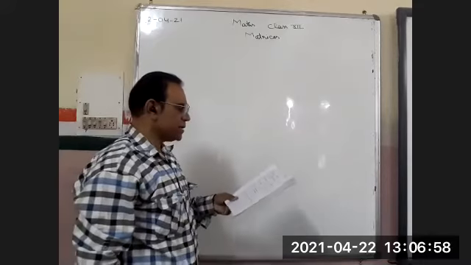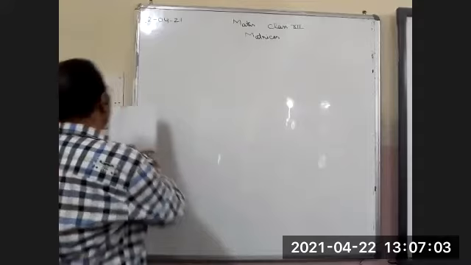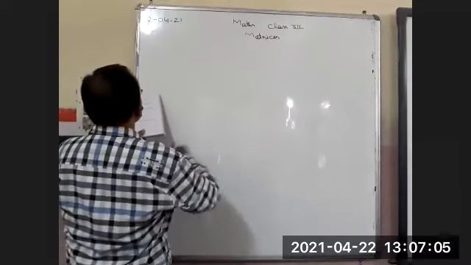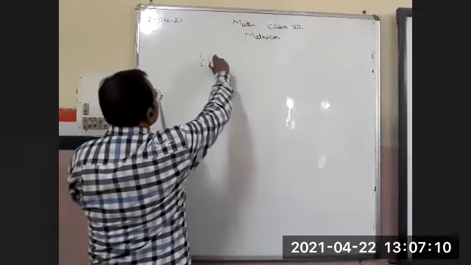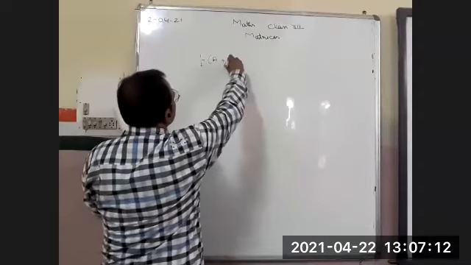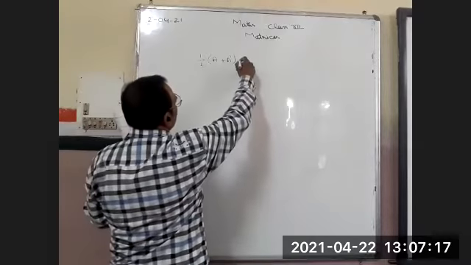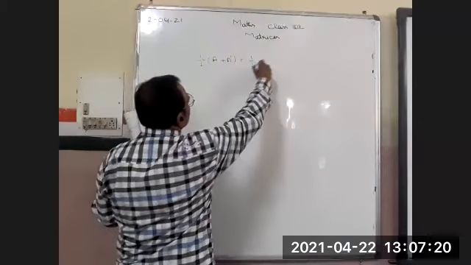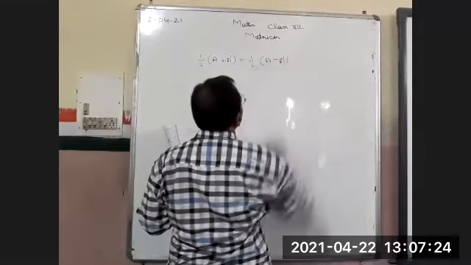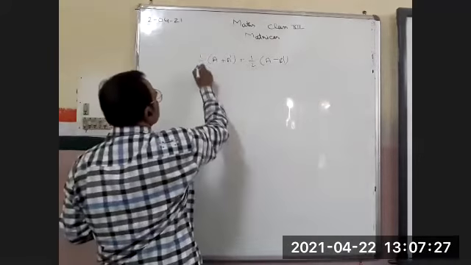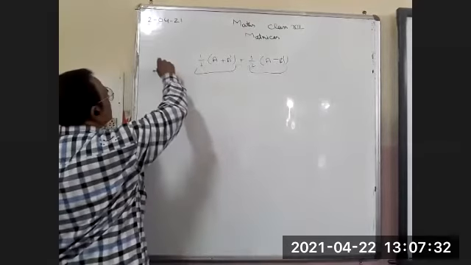Any matrix, if you want to convert it, you have to use this formula. Okay, look, 1 upon 2 (A plus A dash) will be the symmetric matrix. This is the formula for finding the symmetric matrix. Or 1 upon 2 (A minus A dash) is the formula for finding the skew symmetric matrix. It is symmetric, it is skew symmetric, which is equal to A.